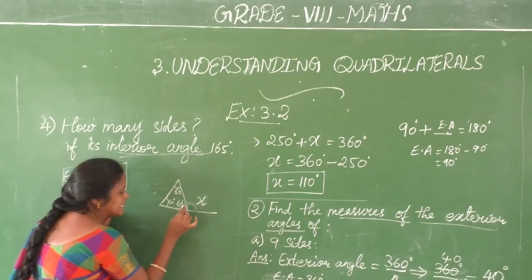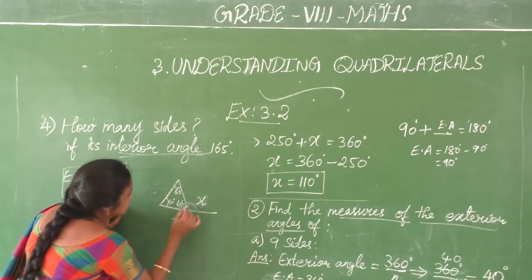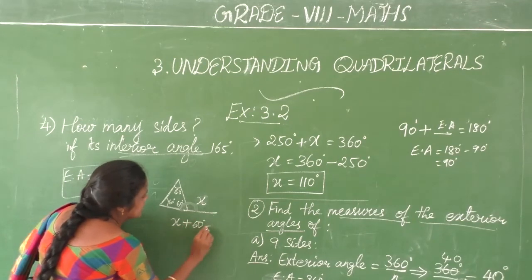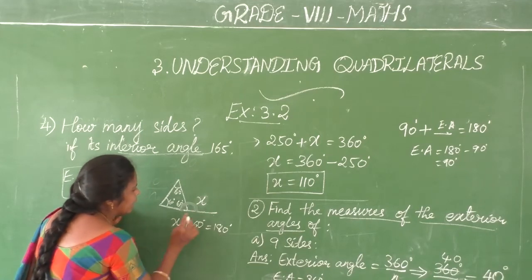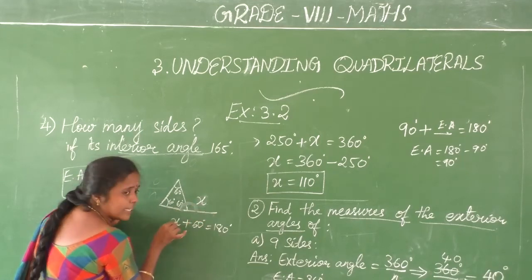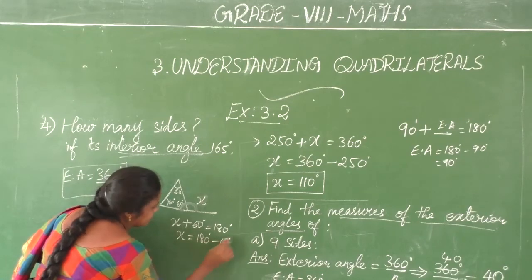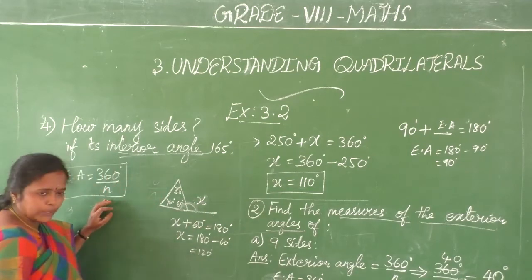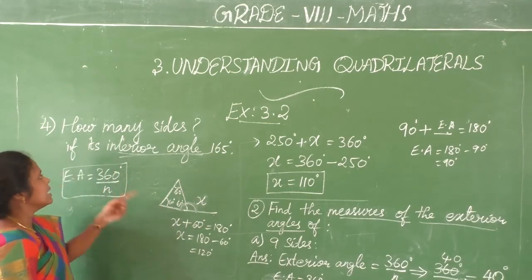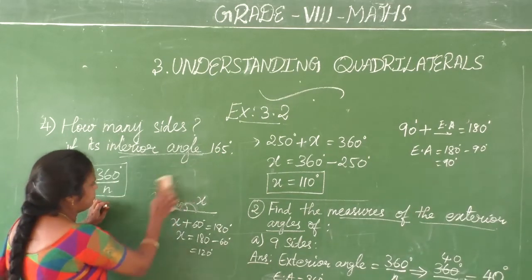So using that result, I can find its exterior angle as x plus 60 degrees equals 180 degrees. The addition of adjacent angles must be supplementary. Okay, so the exterior angle is assumed here as x. So x plus 60 degrees equals 180 degrees. That means what about x? 180 degrees minus 60, so 120. So this exterior angle is 120 degrees. On this basis, we are going to do the same here for the interior angle 165.